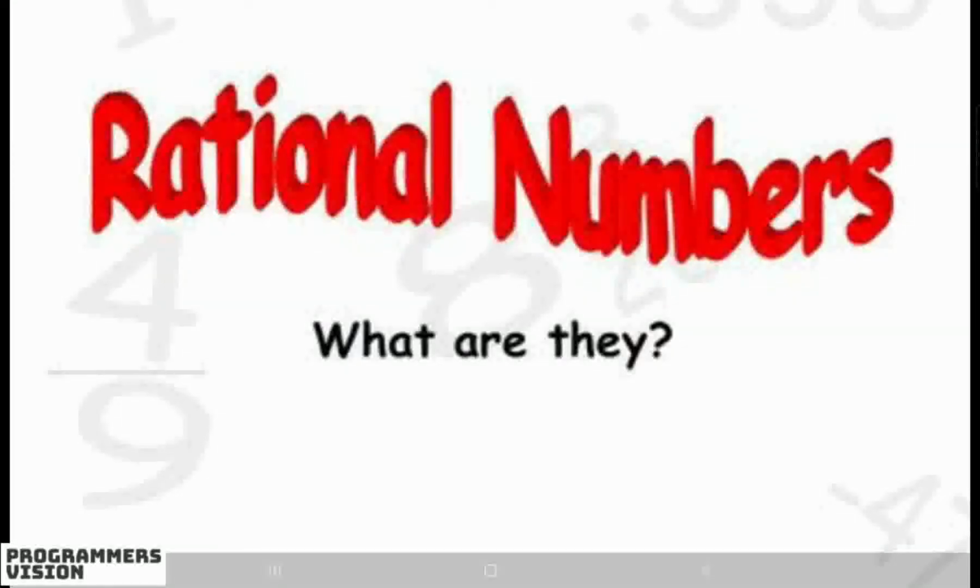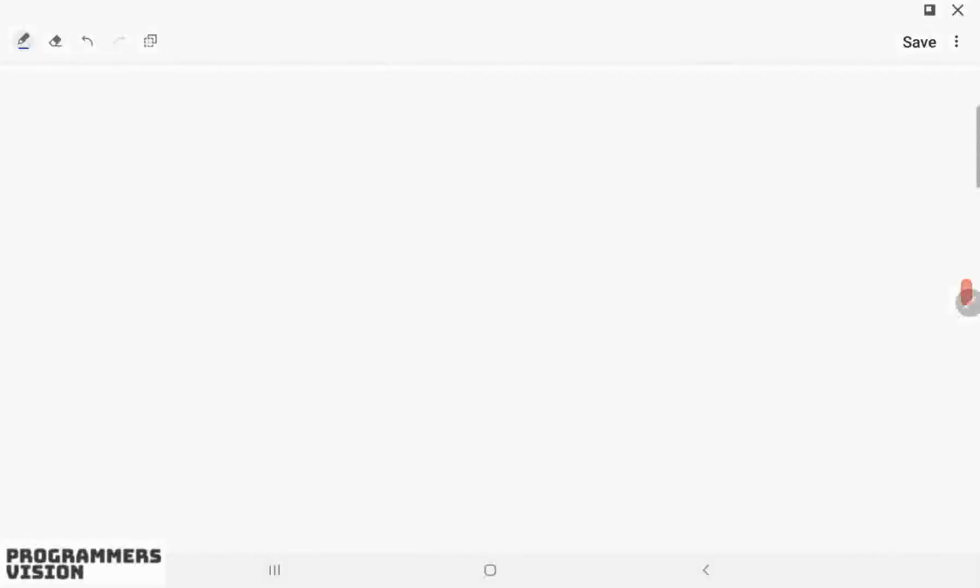Now today in this video, let's study something about rational numbers. Now consider a case when a natural number is divided by another natural number. For example, when 4 is divided by 5, we get the fractional number 4 by 5, which is not a natural number, a whole number or an integer.